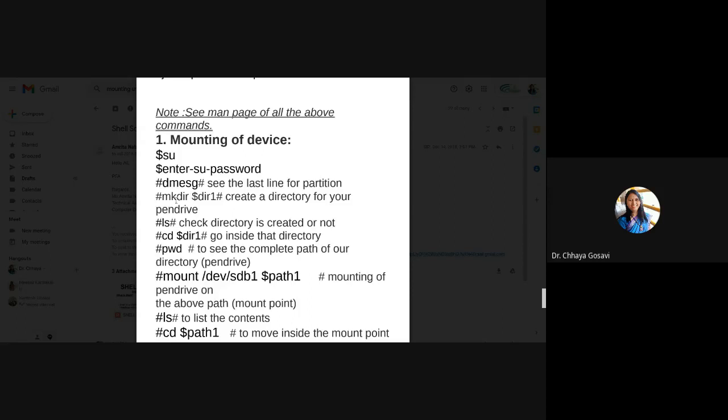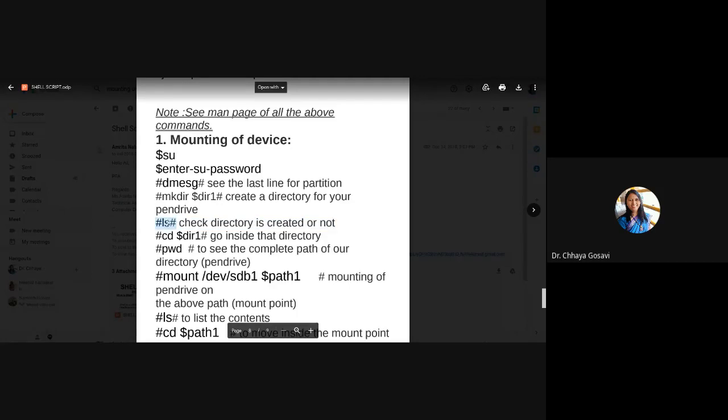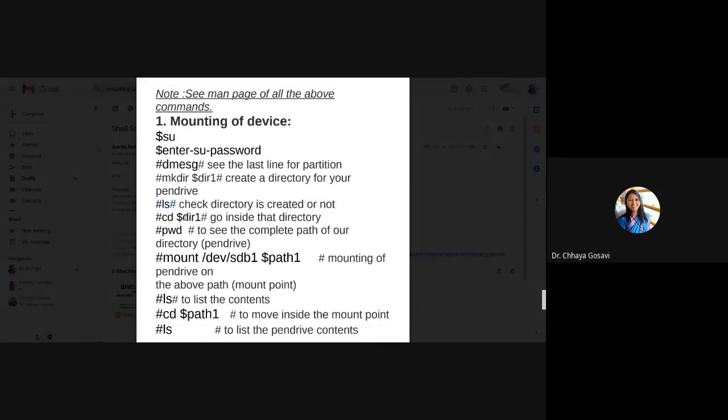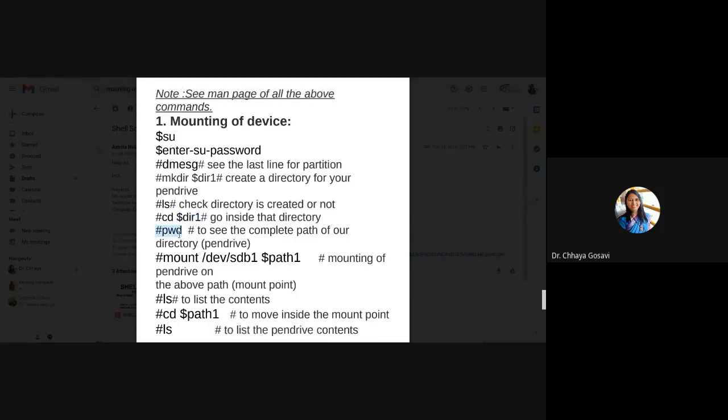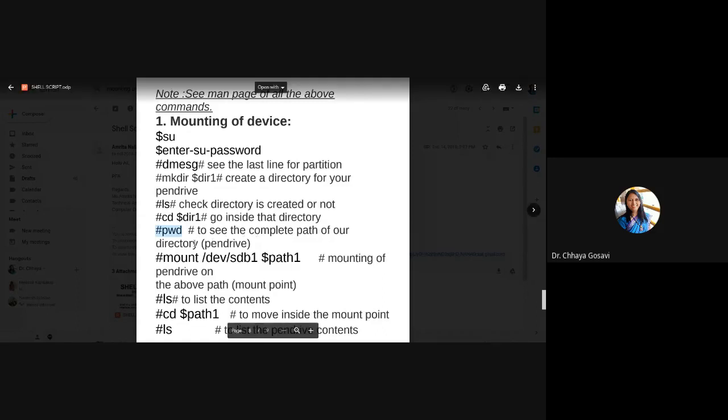Then check whether the directory is created or not with the listing command ls. Then change directory to the new directory that you have just created. Go inside that directory. Then check the path with present working directory.